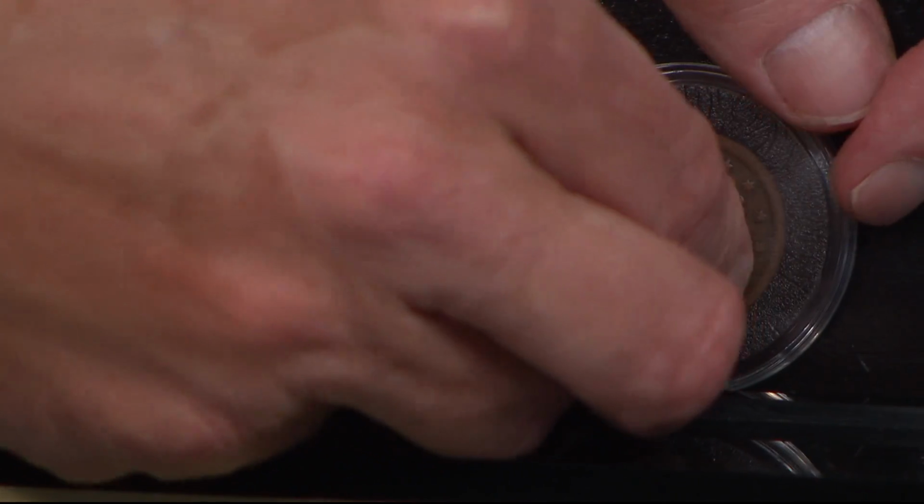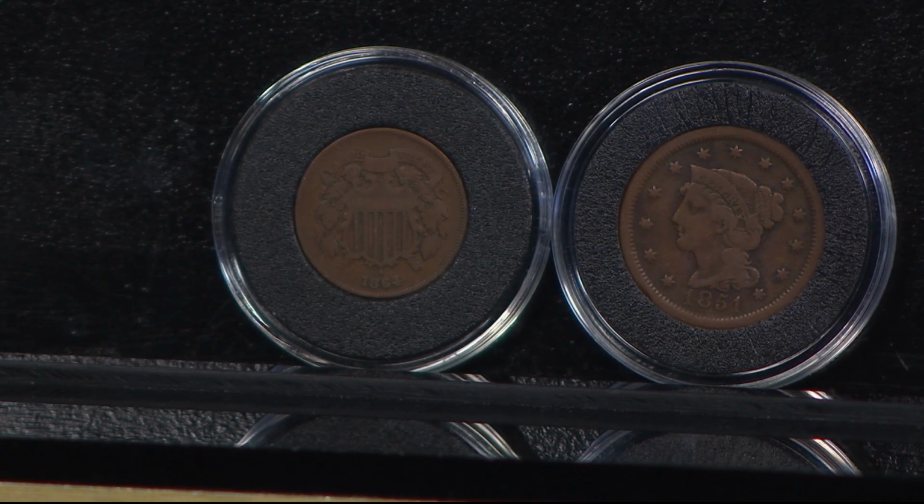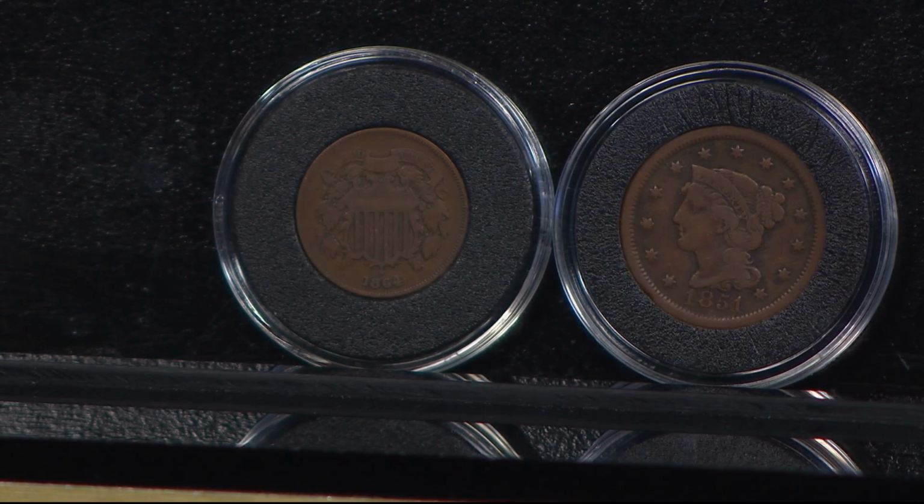The amazing part to me is I can give you these 2 coins. They're both 150 years old at least, a century and a half. That's not $89.95 apiece. It's not 189 or 200. It's 45 bucks a coin. $45 a coin for phenomenal, incredible American history in a 2-coin set that have not been reprinted, restruck, or redone in any way, shape, or form. You get them right there, the pair for $89.95. Mike, we could bring in many of